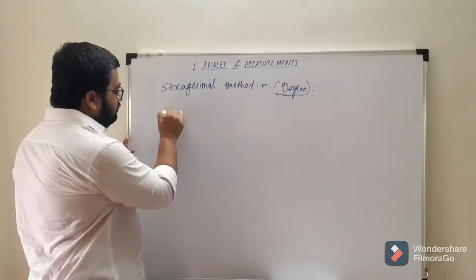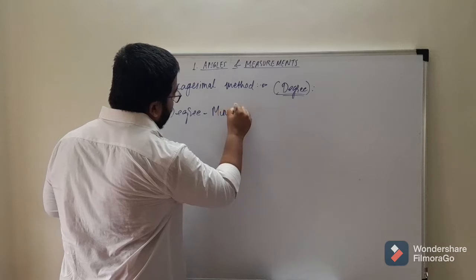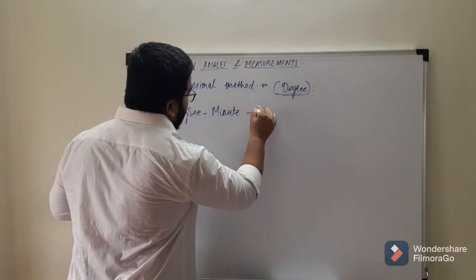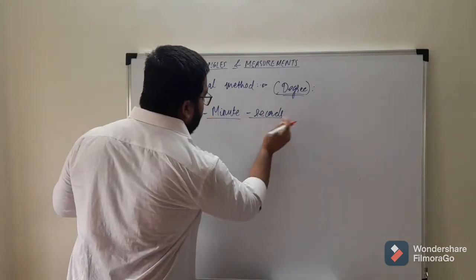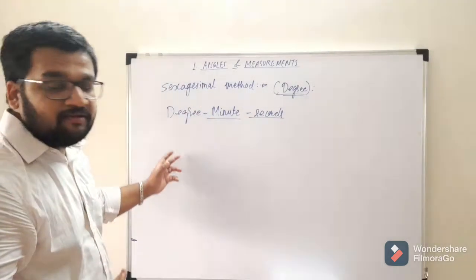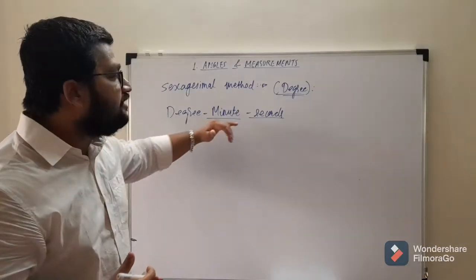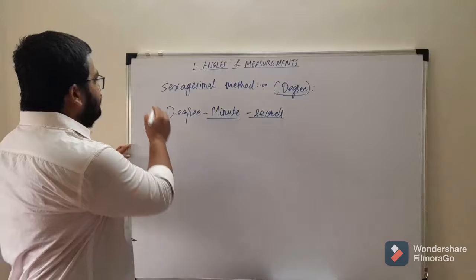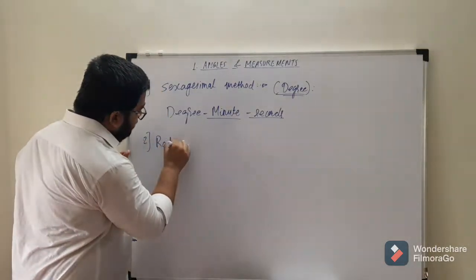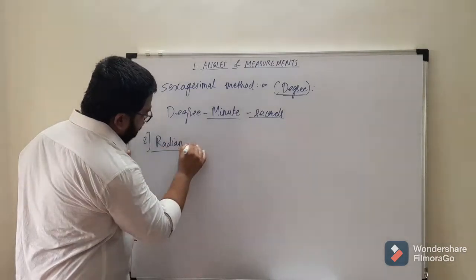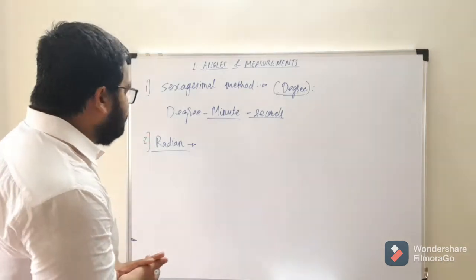Now there is a detail in this. It is not only in degrees, but in degrees, minutes and seconds. These are the two detailed units of degree. We will also learn how to convert degree measurement into degrees, minutes and seconds. The second method, after the sexagesimal, is the radian method. You may not have heard this unit. Just as degree, this is also a unit of measurement of angles.